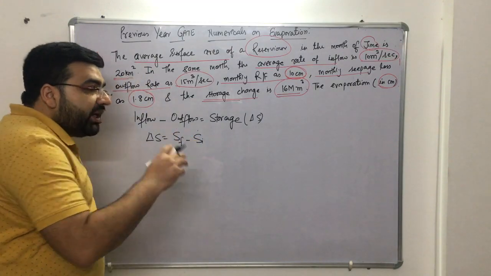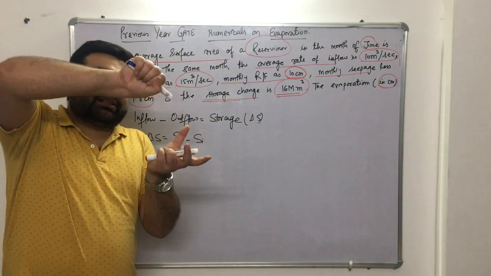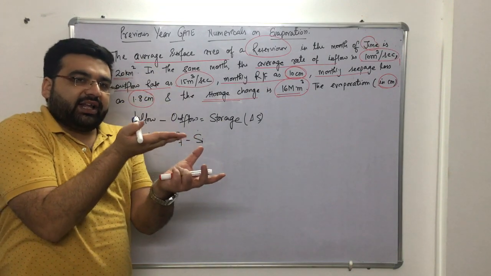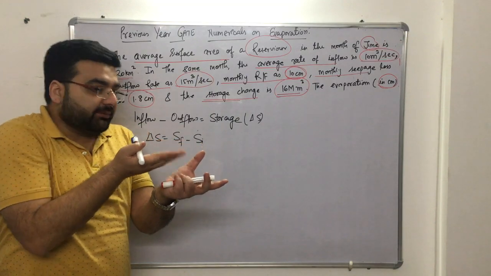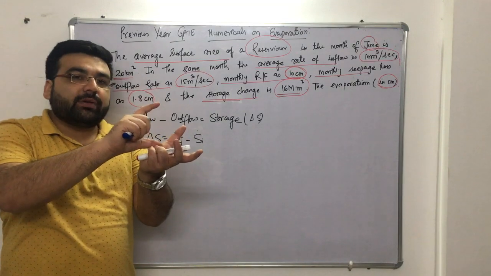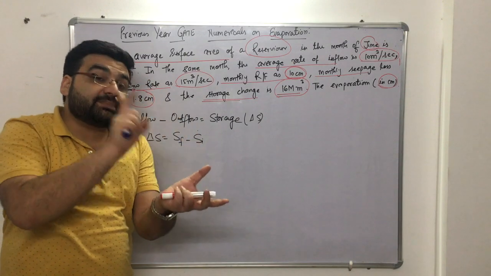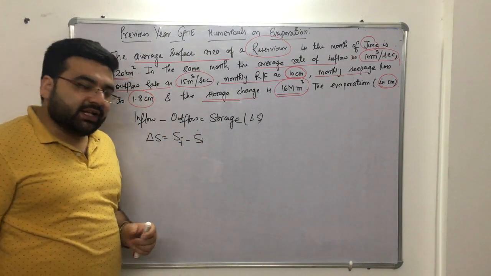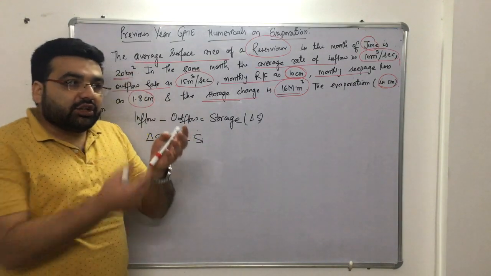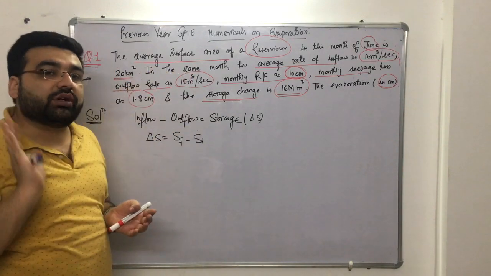Now if the storage is increasing, for example, I have a bowl, that is a storage. If I keep on pouring, let us say liquid or water, the storage will keep on increasing, so the storage change will be positive. Why? Storage change is final minus initial. So final, let us say 10 meter cube, and initially it was 0 meter cube. So the change in storage is 10 minus 0, that is plus 10 meter cube, right? We have to see whether the storage change is negative or positive. Negative means the storage is decreasing, and positive means the storage is increasing.